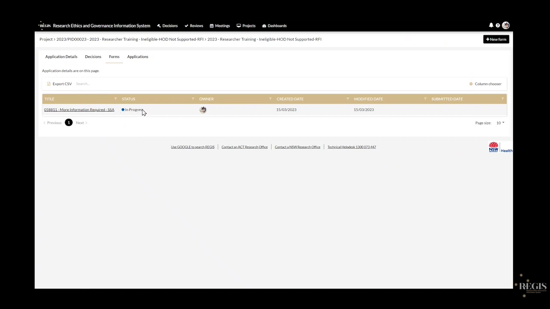I can see it's in progress, so I can edit it. The owner is just the PI. So the PI is the owner of the site application. This was created on the 15th, so its request for information was sent to me on the 15th. Nice and easy. Anyone with edit access